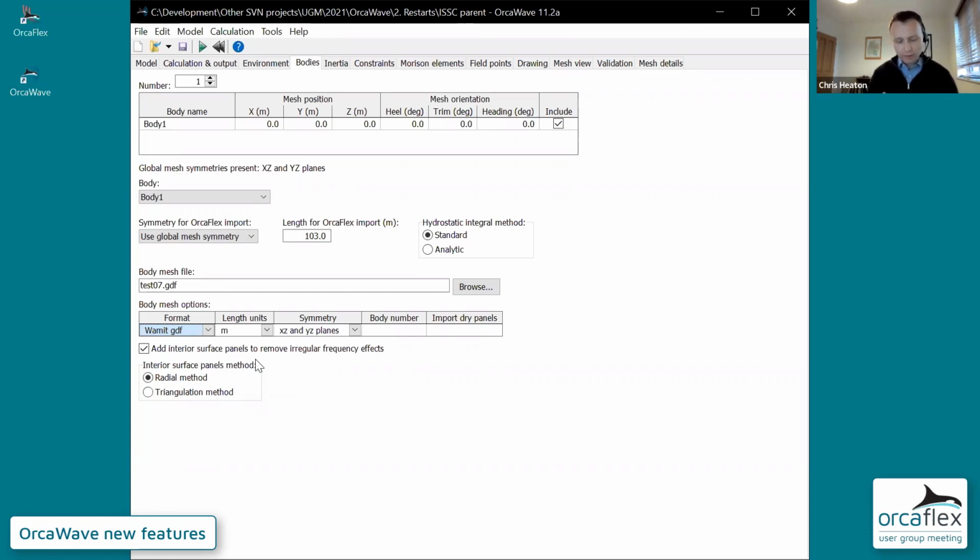The new workflow and the new naming terminology are all as close as possible to the analogous functionality in OrcaFlex, which is one minor benefit of this. But there are also some new features along the way, which I'll show you. So what I propose to do is give you a quick demonstration of a restart analysis using one of my